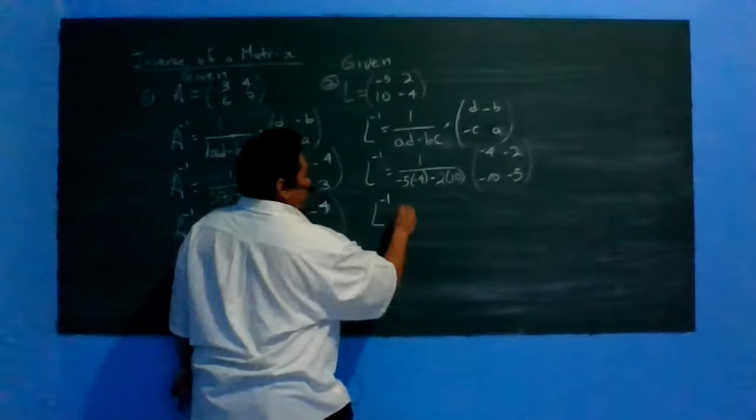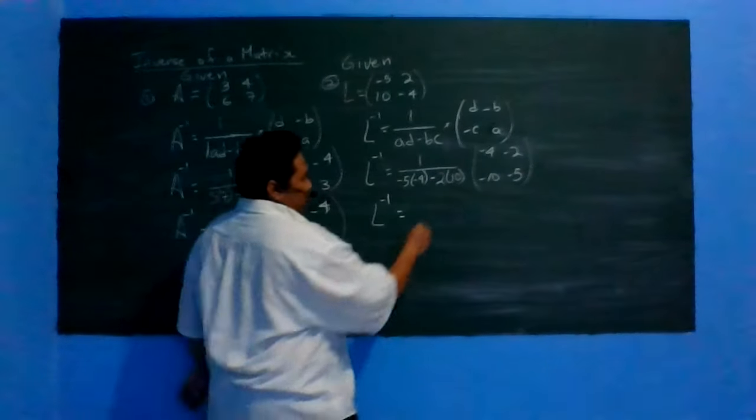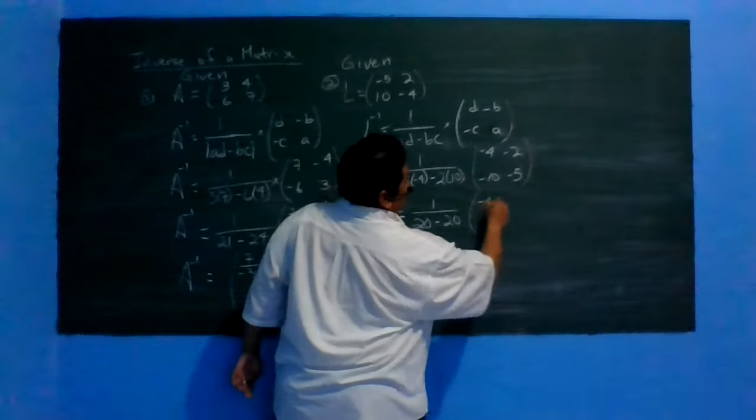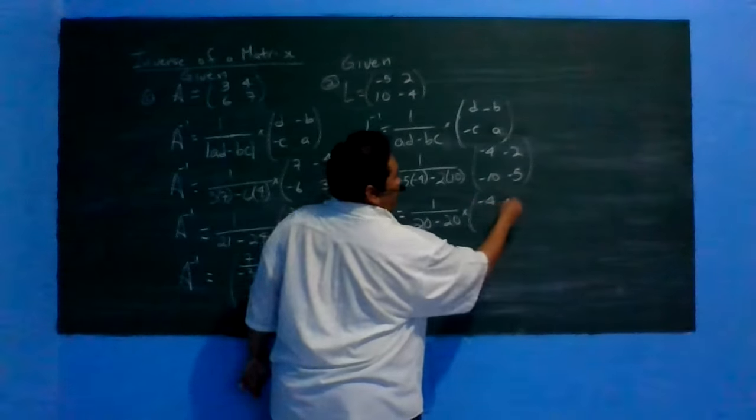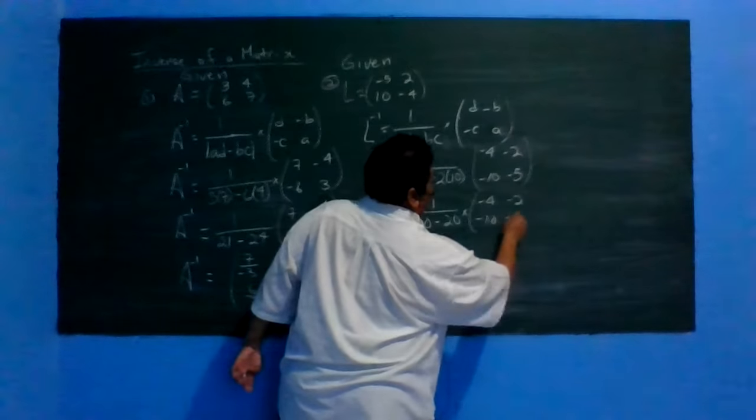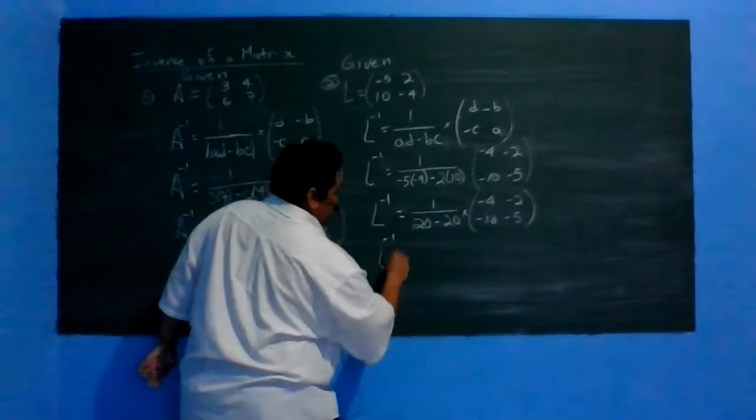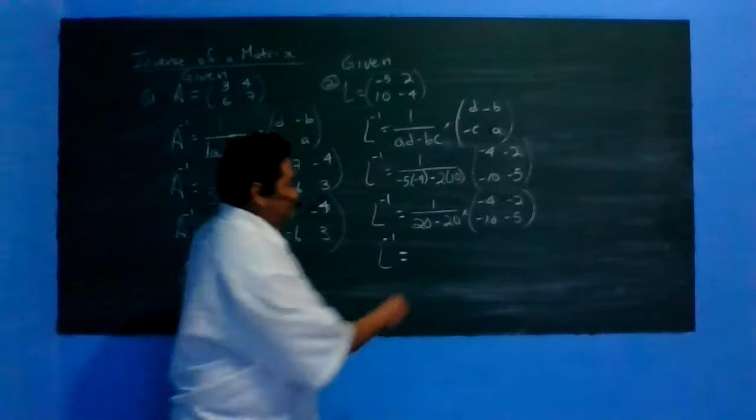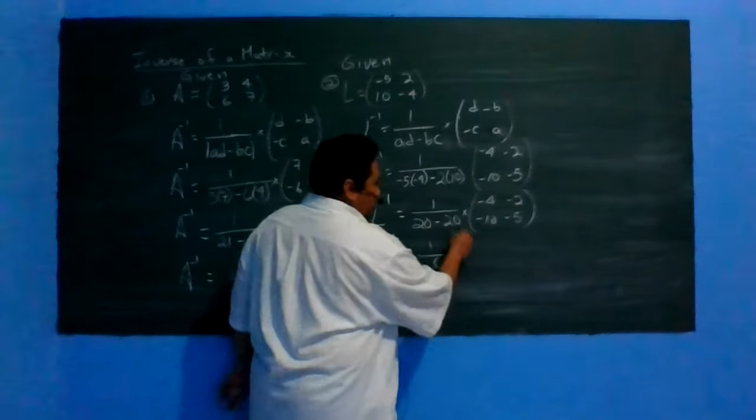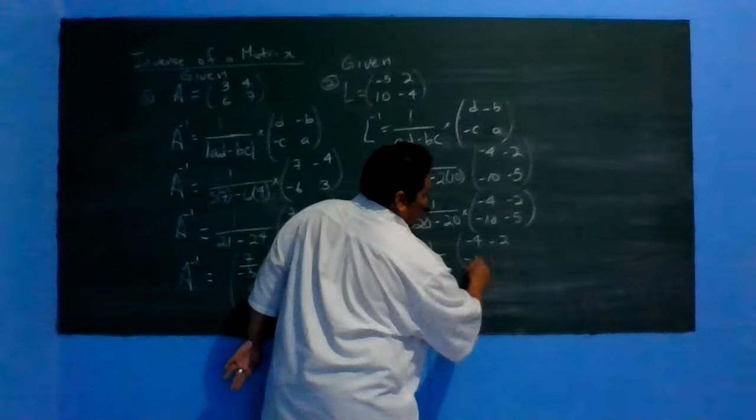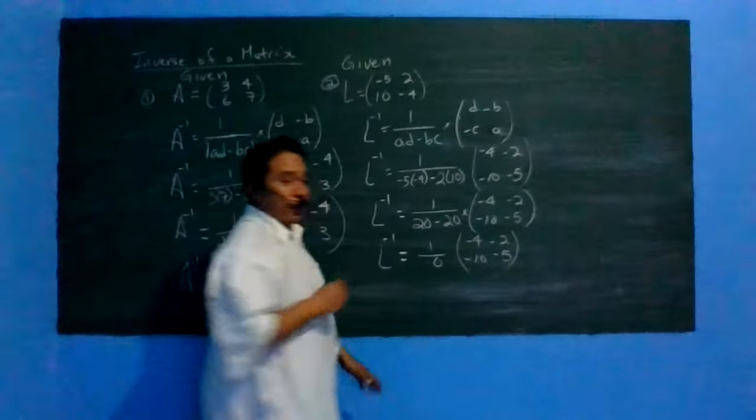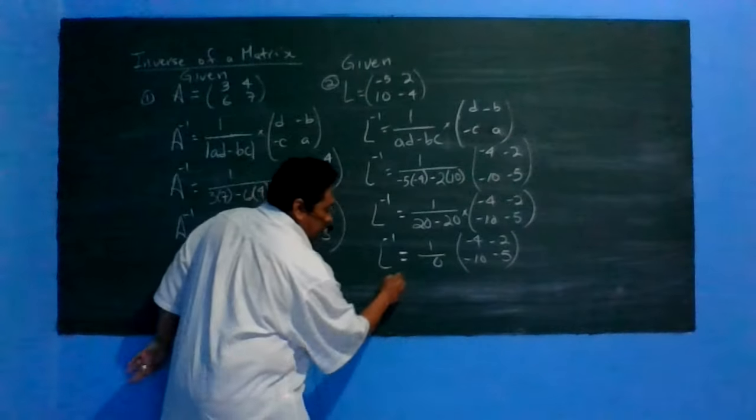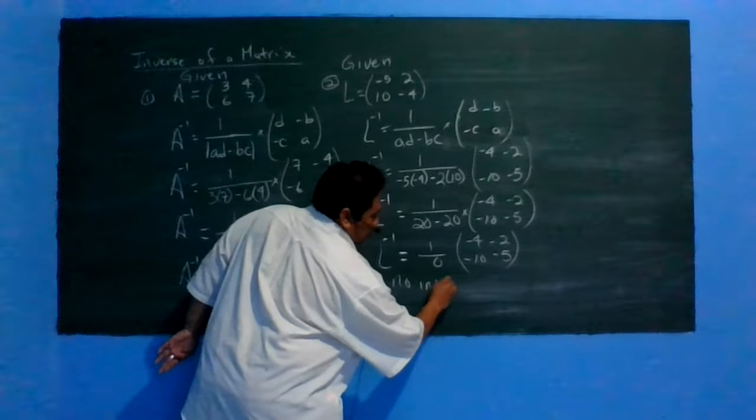So L to the negative 1 is equal to 1 over 20 minus 20, times negative 4, negative 2, negative 10, negative 5. But note, 20 minus 20 is 0. So that's 1 over 0, which we know is not possible. Alright? So we say this has no inverse